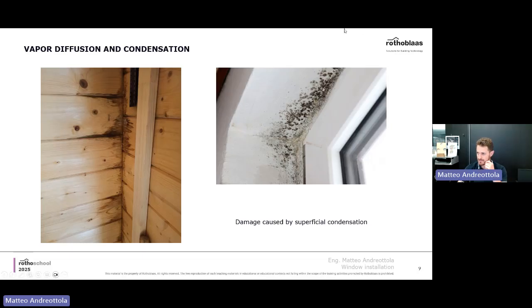But it's interesting to notice that the amount of mold is maximum in the corner right here. And as you go towards the center of the window, you see that the amount of mold is decreasing. So this tells you already about the potential issues that are related to this mold problem. Actually,